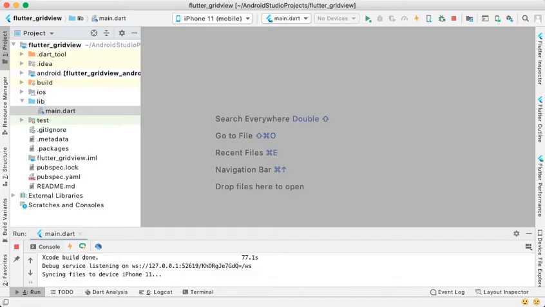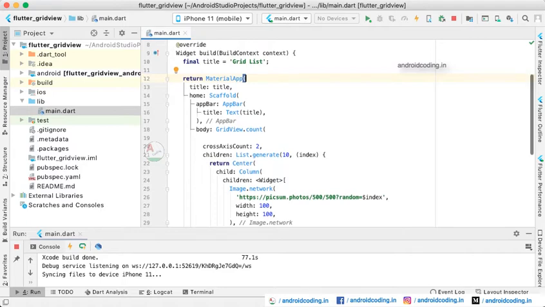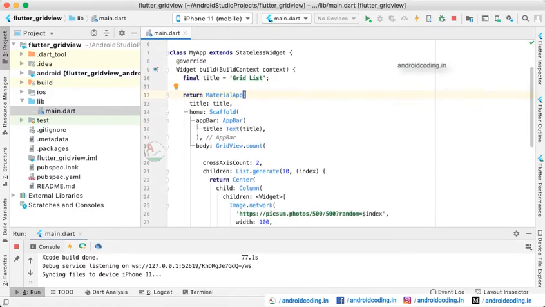In this vlog, we will see how to code a grid view in Flutter. In our previous tutorials, we have seen how to parse a list view from local data as well as from an API. The implementation of a list view and grid view is almost similar, but the way they appear on the UI is different. So here, let us see how the implementation of grid view is done.